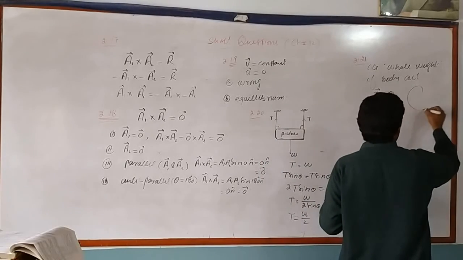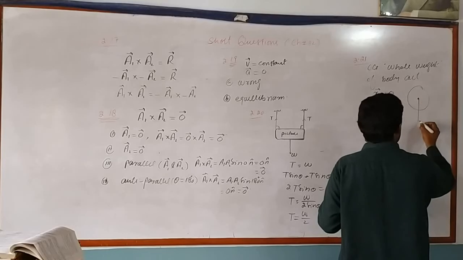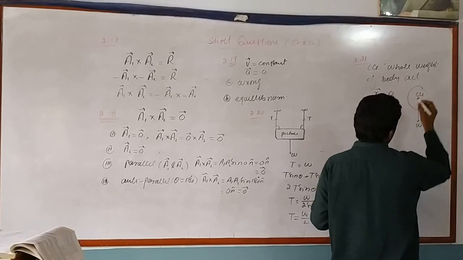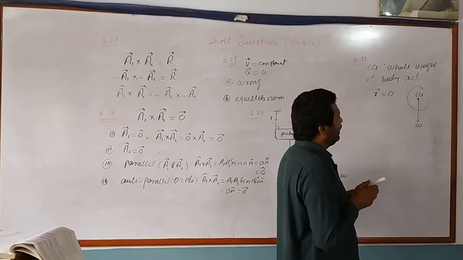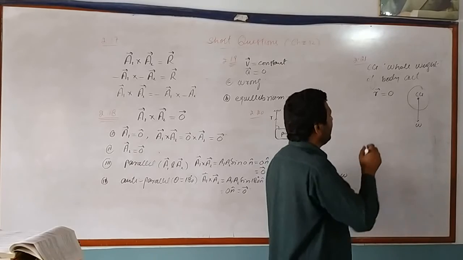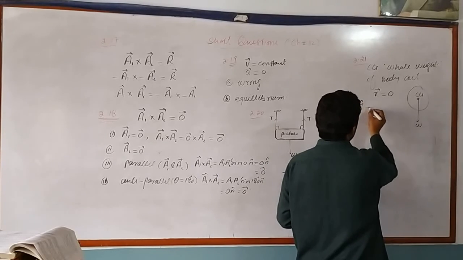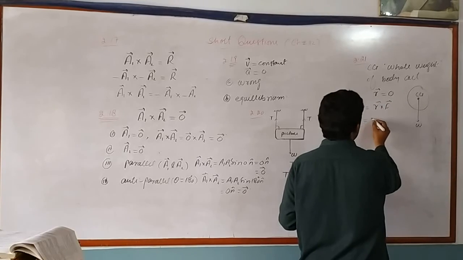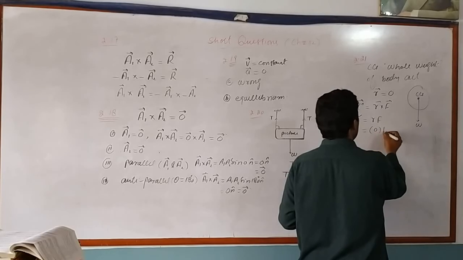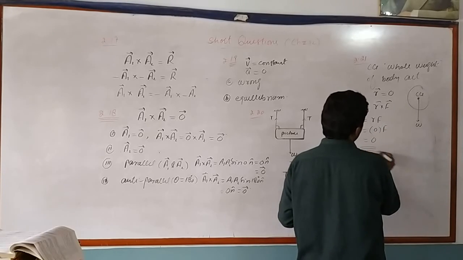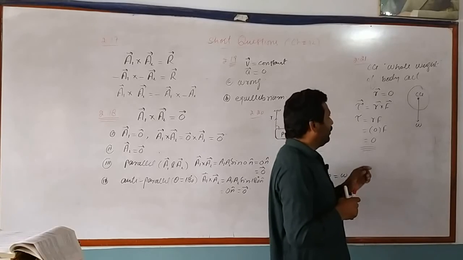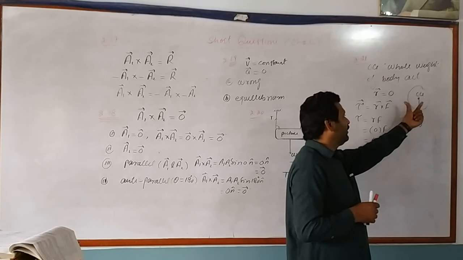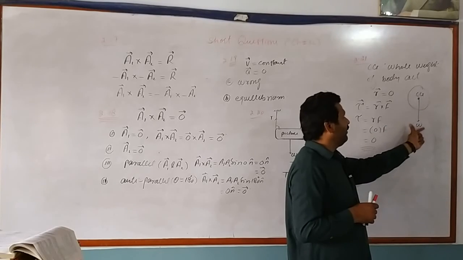Hence, we can say that in this case, this is the CG, as the weight of the object, meaning the force of attraction of the earth, passes through the center of gravity, the CG point. Hence, r is equal to 0. In this case, torque tau is equal to vector r cross vector F. In magnitude form, tau is equal to r times F, as r, the moment arm, in this case is equal to 0. Hence, torque will be equal to 0. We can say that the body will not rotate about its center of gravity under the action of weight.